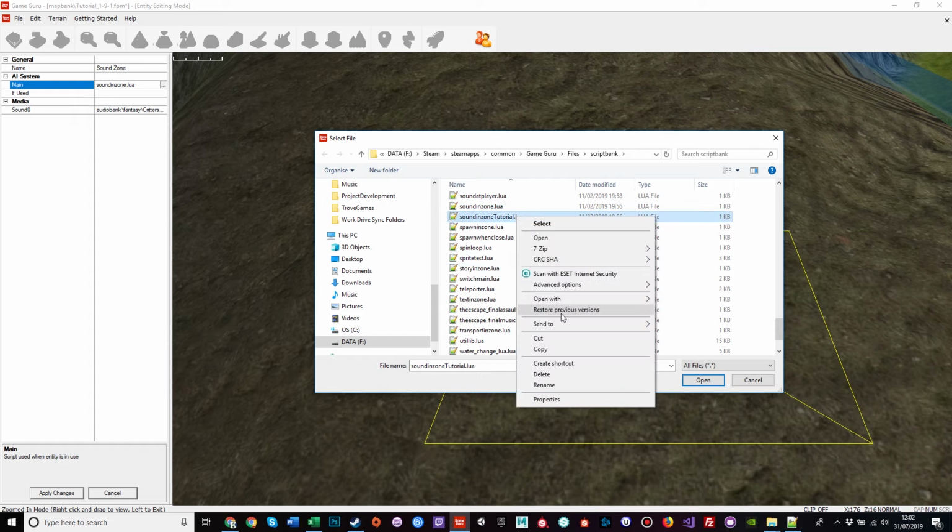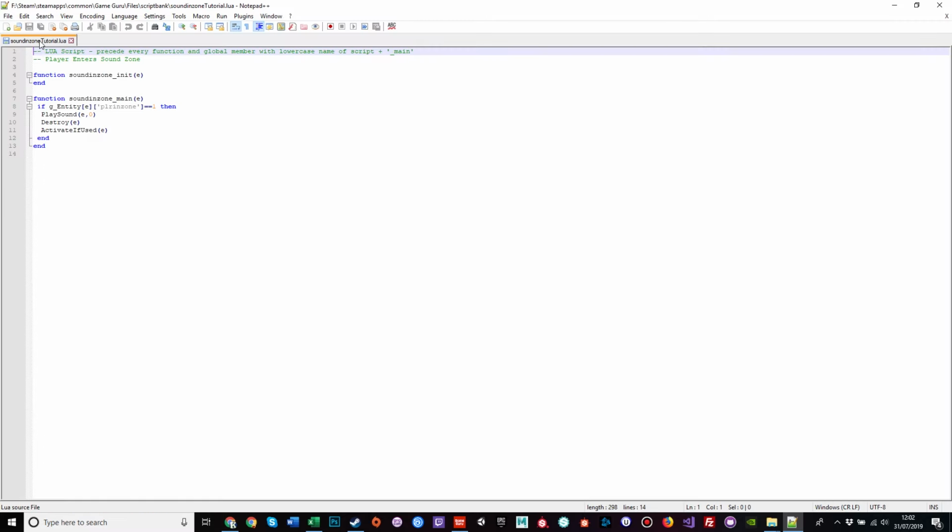Now if we edit this, I also must make a note: the previous script I've just edited will not work, for the following reason. The script name is very important. Since I changed the script name, I must also change the name of the function calls, both of them, otherwise it will not work. And Intellisense is helping me here. It's not helping me very well, but it's trying. Tutorial. Now that will work, so I'll save that, close that down, and go back to my GameGuru,